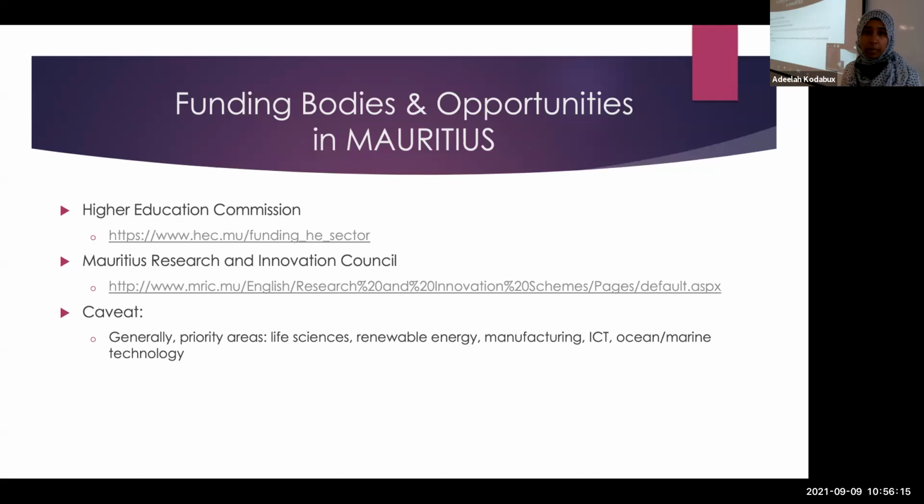I know that our school as well will receive regular updates, and they share it within respective departments. So do consider the Higher Education Commission and the Mauritius Research and Innovation Council as well. They are relevant sources of information and platforms to consider for further research funding of research projects.